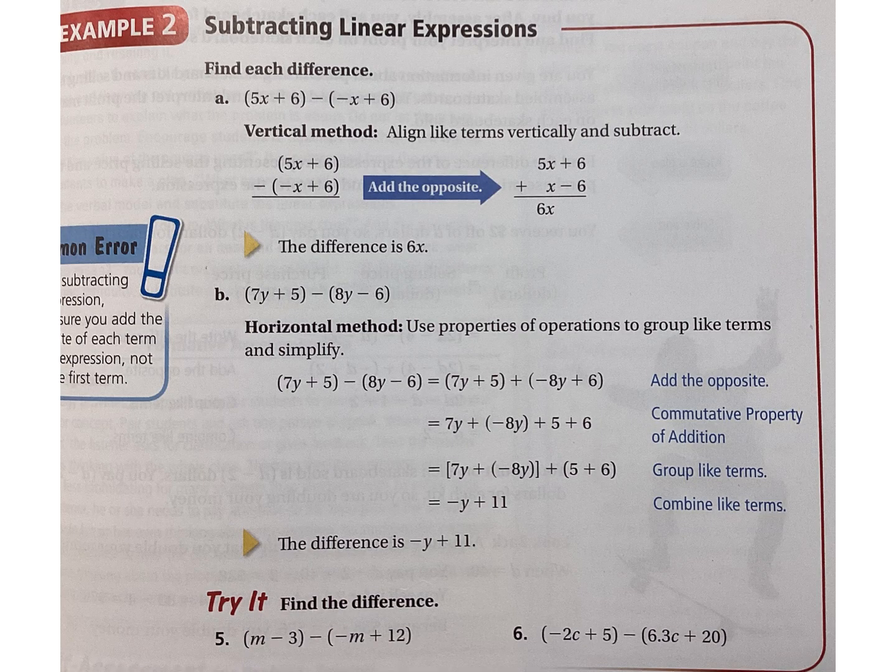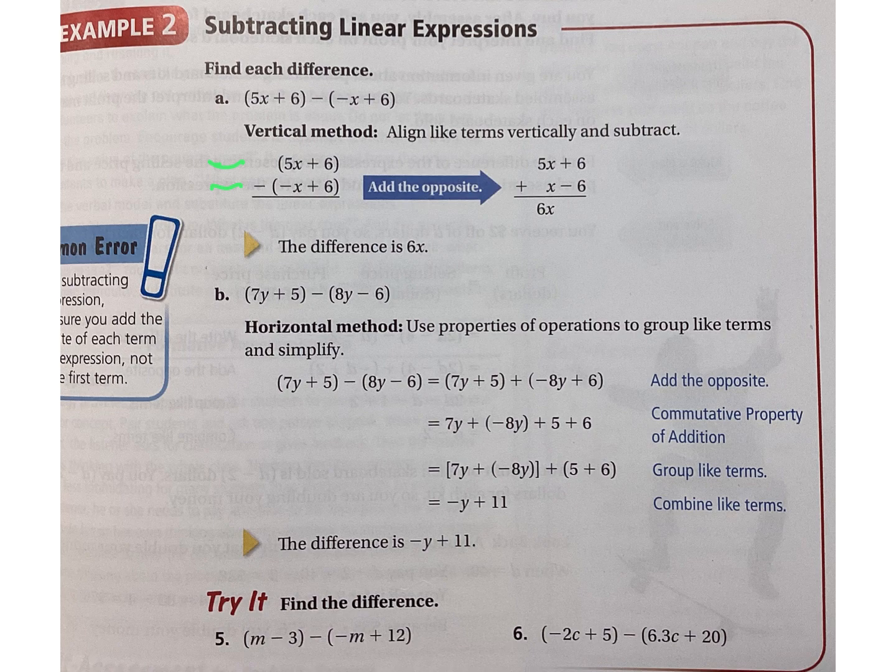Now we're going to move into subtracting linear expressions, finding the difference. Again, you have a vertical method or a horizontal method. You can see with the vertical method, you either put it on top of each other, 5x plus 6, subtract the negative x plus 6. Or you could